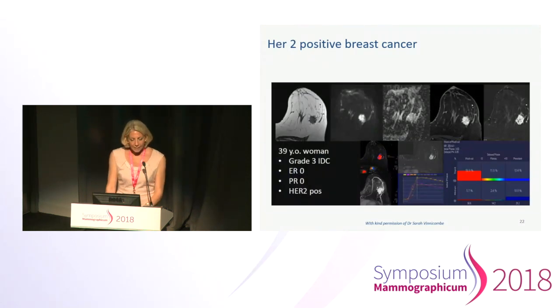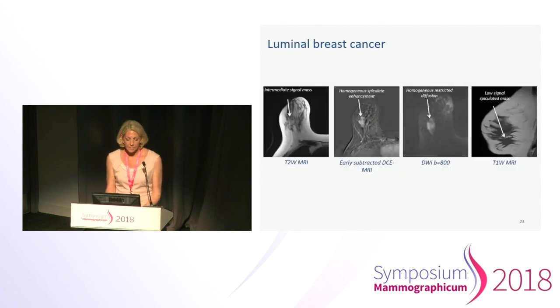HER2-positive cancers, again, although not across the board, often are seen as rounded masses with homogeneous, strong enhancement. And you can imagine if your triple-negative and HER2-positive cancers are going to shrink down circumferentially, they'd be much easier to evaluate response accurately in, rather than if you've got a far more diffuse cancer. Or a luminal cancer. We know the luminal and low-grade cancers have often far more spiculation,